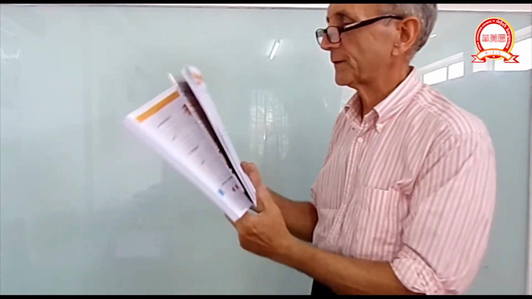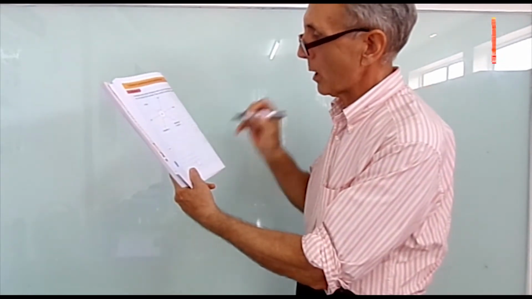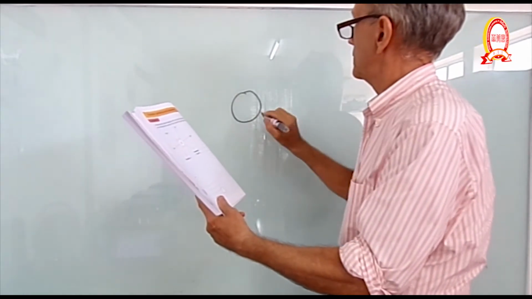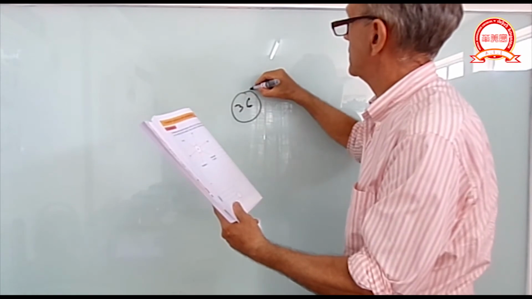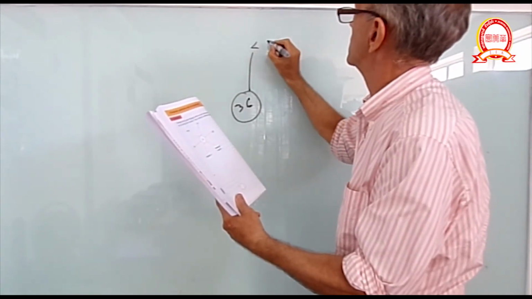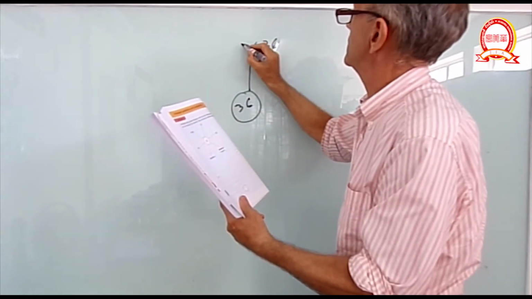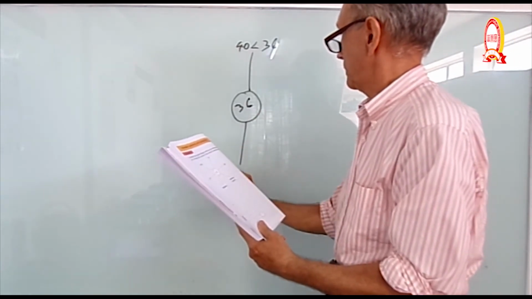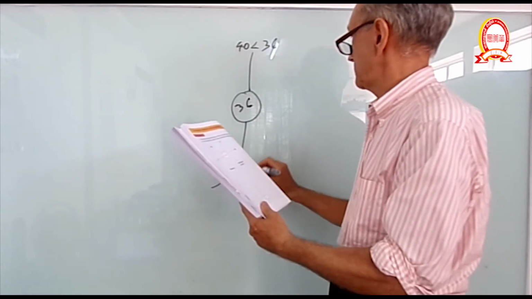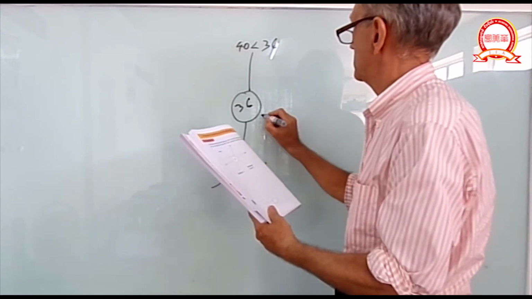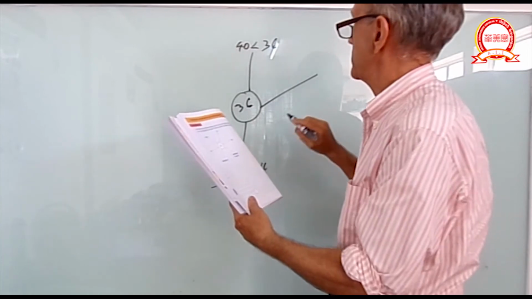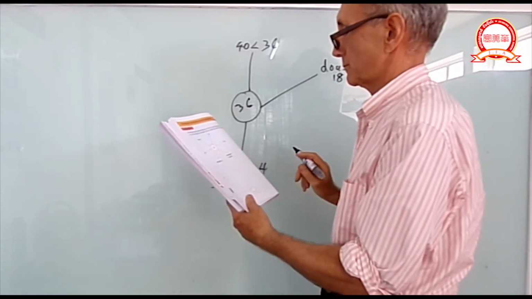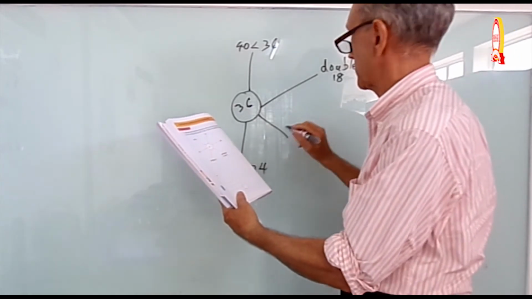Well, I'm going to do one myself. You're not to copy my one. You're going to write your own number here. So I have a circle, and in my circle I am going to write 36. So 36 is less than 40. 36 is bigger than 24. 36 is double 18. 36 is between